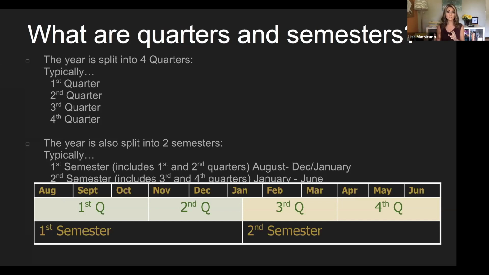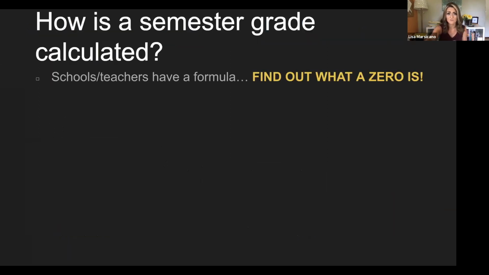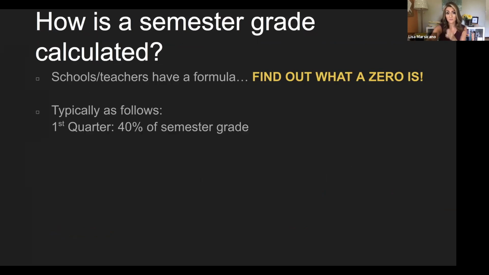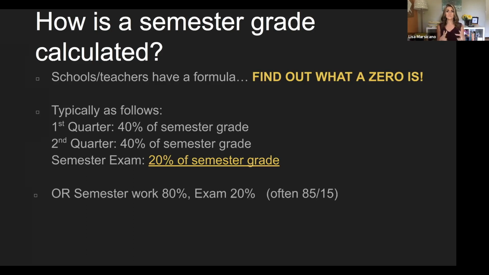You're going to get 2 grades that actually show up on your transcript that in the future colleges or wherever you might need to submit that would see. And those semester grades, teachers have a formula for calculating those. Typically, they'll put together 100% of your grade based on the first quarter, the second quarter, and your exam. This is standard. Some will do just semesters where it's 80% of the semester coursework and tests, and then 20% is that final exam. So you will take final exams twice a year. That'll be in December or January, midway. That'll be that 20% for that first grade that goes on your report card.